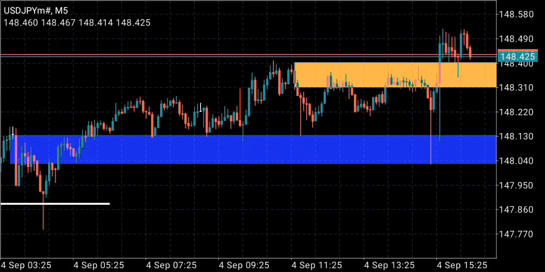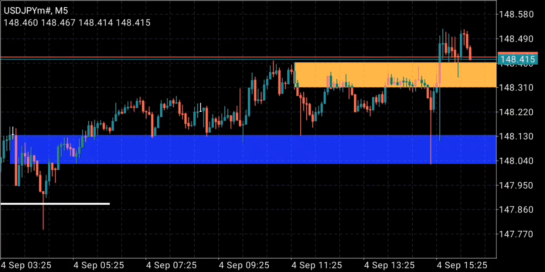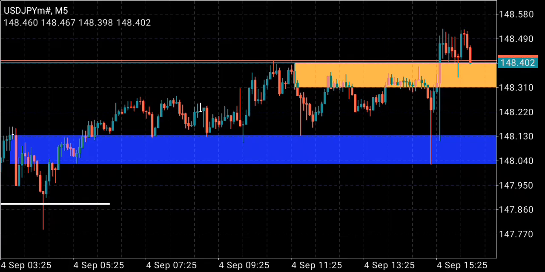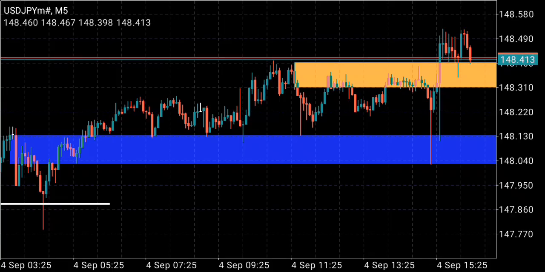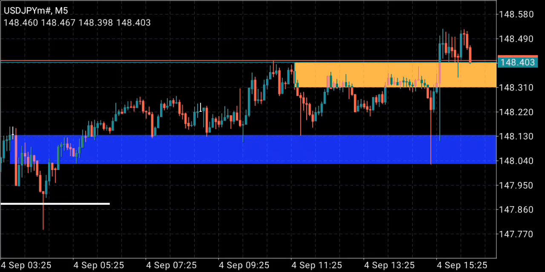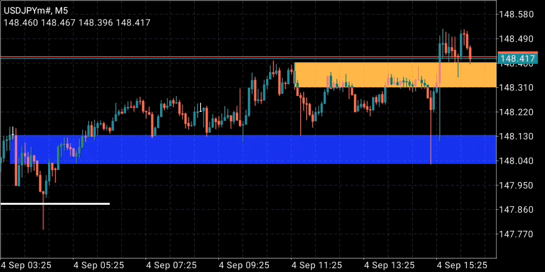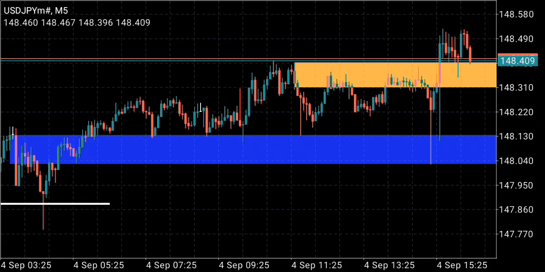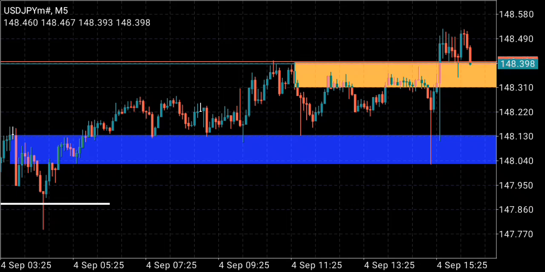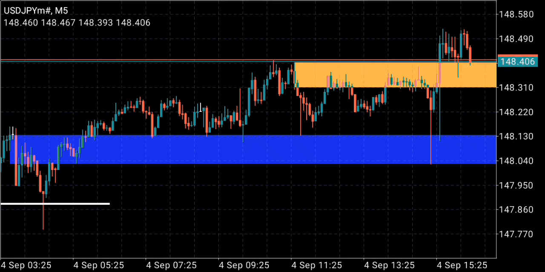So you can see that it is having some kind of support on the area, and you can see that I'm pretty good, because that area was annotated beforehand, and you can see how price respects that area there. So yeah,